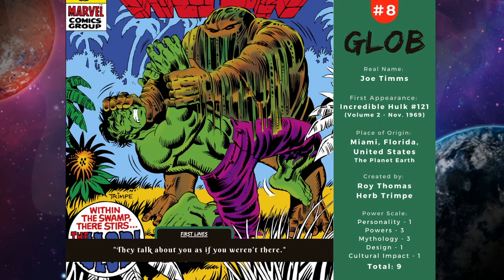Now the interesting thing about the Glob story is that later he would appear in Man-Thing comics, and at that point only his brain survived, and he was known as the Golden Brain, and he was kind of worshipped as a cult following by a group of druid-like people that, of course, lived in the Florida bayou, naturally. He was created by Roy Thomas and Herb Trimpe, and